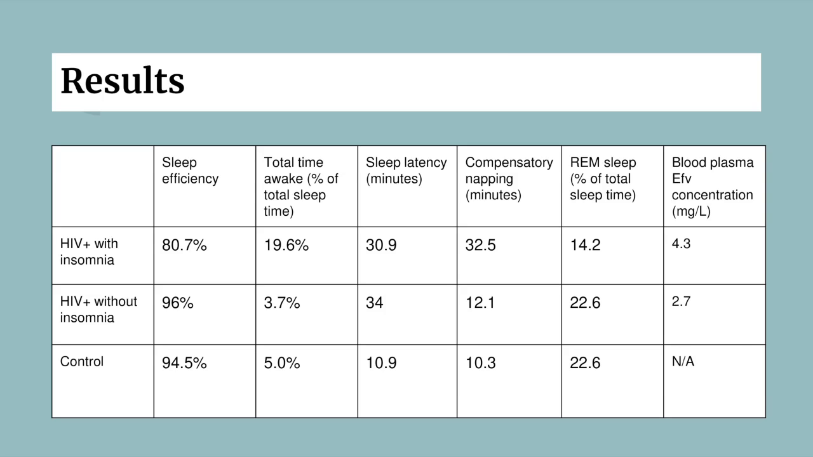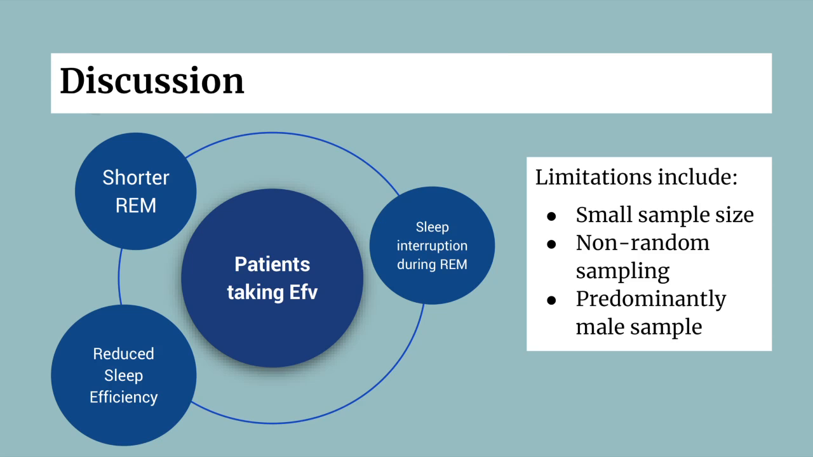They also found that participants with a plasma efavirenz concentration of over 4 milligrams per liter were twice as likely to have less than a 90% sleep efficiency when compared to HIV-positive patients with concentrations of less than 4 milligrams per liter. The most notable results of this study were that participants with efavirenz-related insomnia had reduced sleep efficiency and